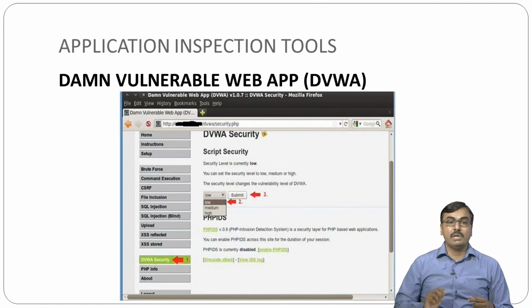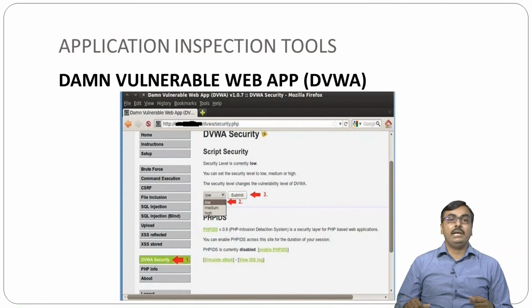In the sidebar you can see DVWA security. Provide the security level as low, select the low level, and then the third step is to click on submit.